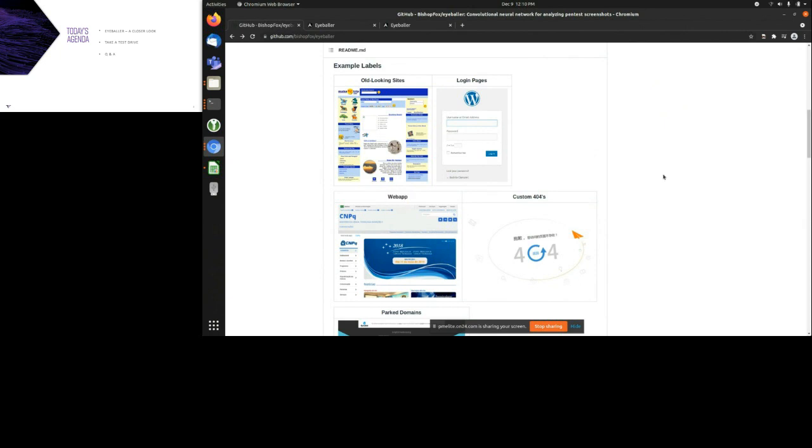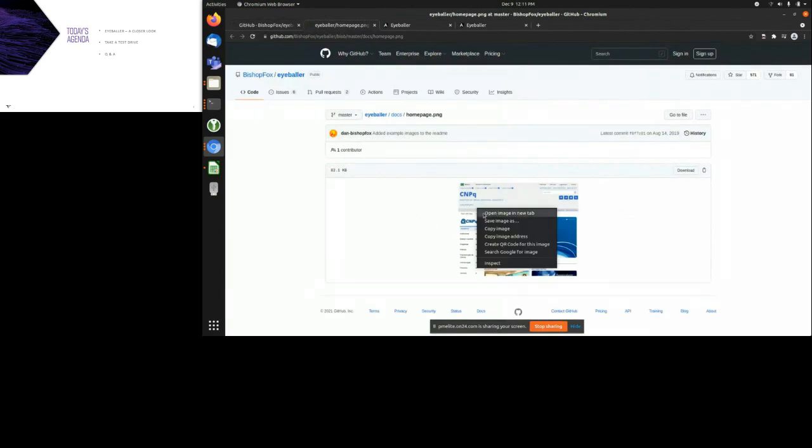The third label is a web application. This is a custom label that we came up with that tries to describe whether this is a web application, as in it has lots of functionality. It looks something like this. See if this will blow up on me. Oh, this is a smaller version of it.